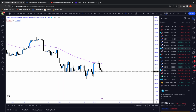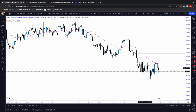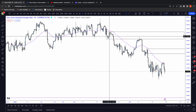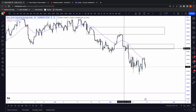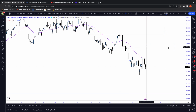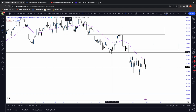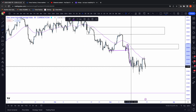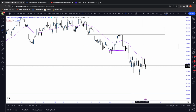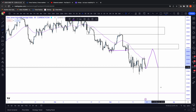All right, and last but not least, we have US 30. I'm still looking to follow that mitigation train on down. Obviously, this is that initial level that I gave out weeks ago. It played out beautifully. We still have our level from last week, which I believe is valid. If we can get back up into this, demand, reaction, fail, flip to supply. If we can get back up into that, I think that would be a nice area of premium for